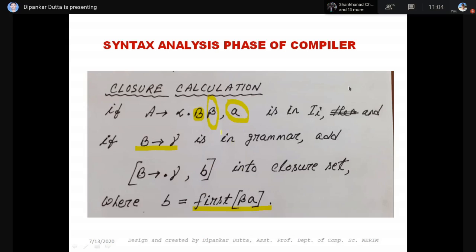Then you have to write beta a together this way, beta a together, whatever the symbols available in place of